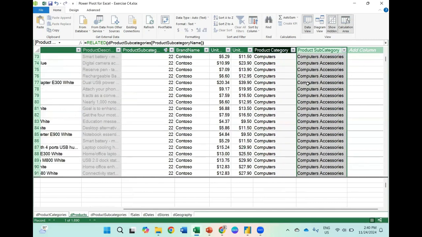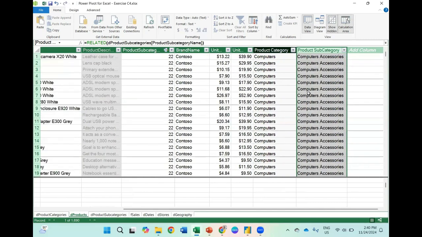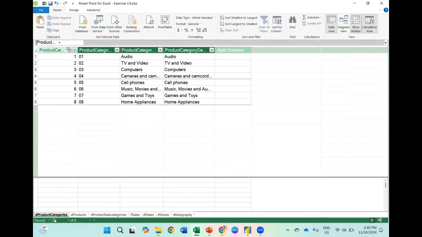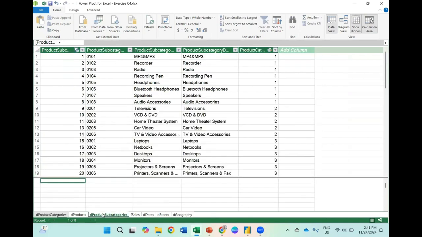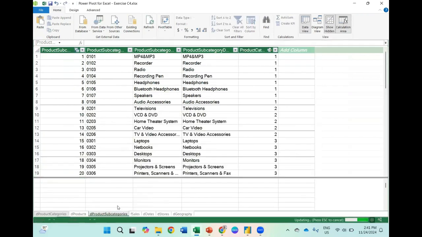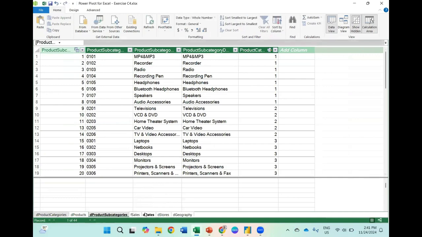All right, so now since we already added the product category and product subcategory here, we hide these tables so we don't have to view them anymore in the Excel. Right click on the product category and hide from client tools. Automatically it will turn gray, and also the product subcategory.